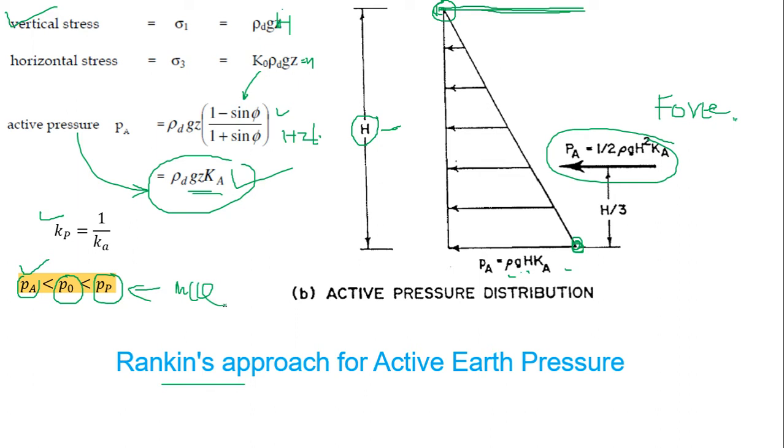Okay, so the maximum pressure value is of passive pressure, because a huge amount of power is required to push the wall towards the backfill. Under the pressure of soil it is very easy, or many times, whatever failures occur, you might have observed that the wall is moving away from the backfill on the opposite side. So that's why the PA value is less and the PP value is more.